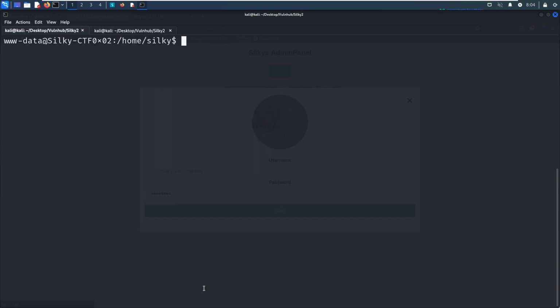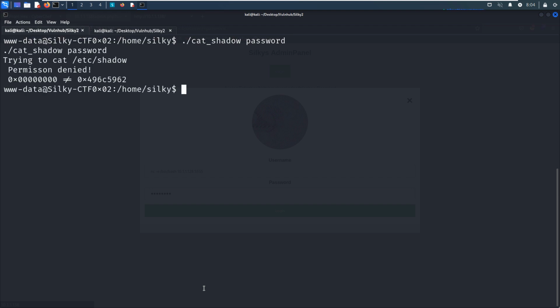Next, for example, we can supply something as the password, because we need to pass the argument. For example, password, nothing here. Also, we can try to cat this file, and here we get permission denied.